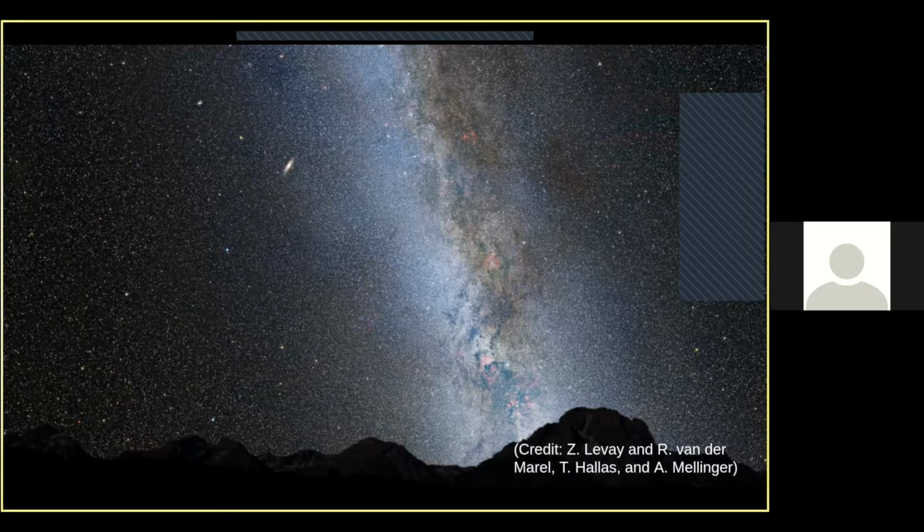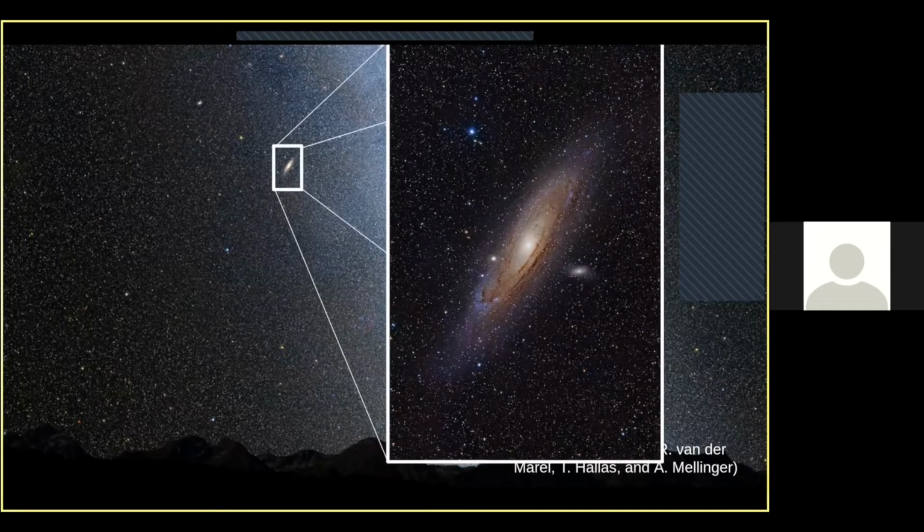To get a better view of what's happening here, we could focus on this little blob off to the side. This is the only major galaxy that you can see from the Northern Hemisphere, the Andromeda Galaxy. If you have the Hubble Space Telescope and you point it at it, it looks like this. You can see that this galaxy looks like a disk that's filled to the brim with stars. There's gas and all these other interesting things in it. This looks very similar to our own Milky Way. We would be located out in the outskirts of this, and we're looking through it, which is why the Milky Way looks like a giant band of light across the sky.